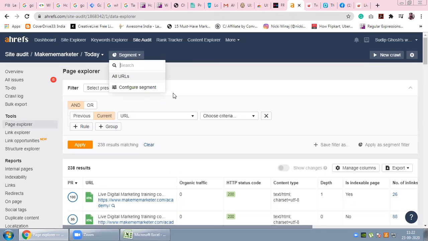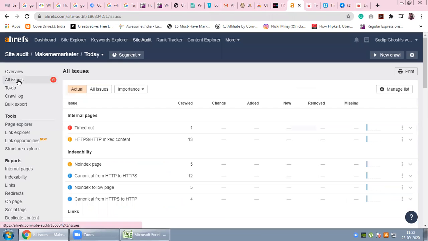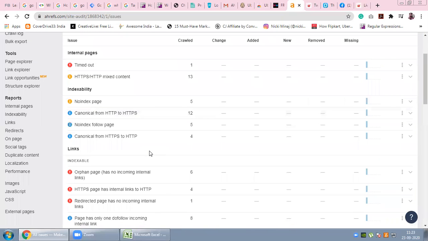Now we have the segment option, all issues. Basically, once we submit our website or integrate our website with the Ahrefs tool, we can find all our SEO information which is not available in our webmaster account.